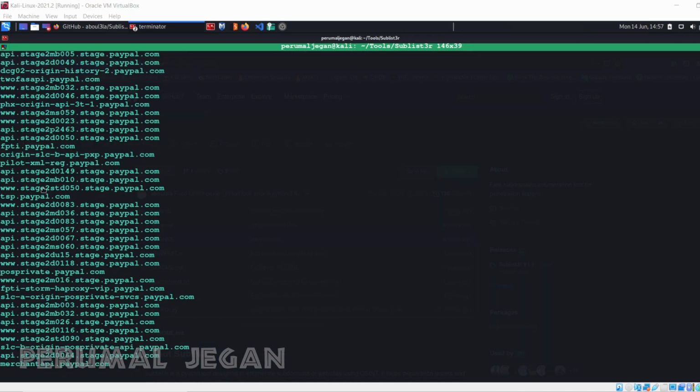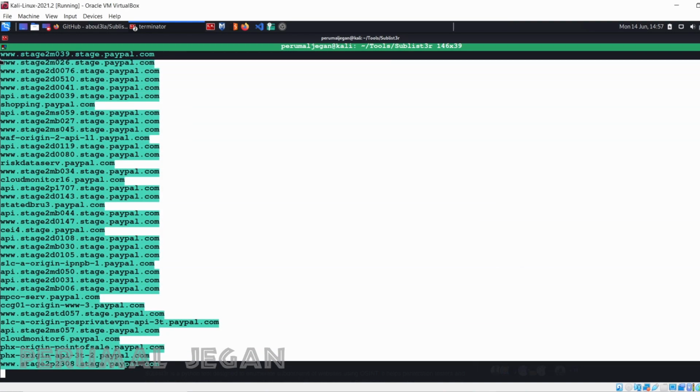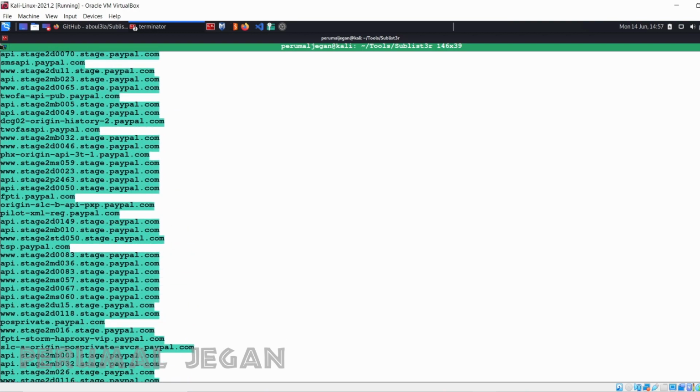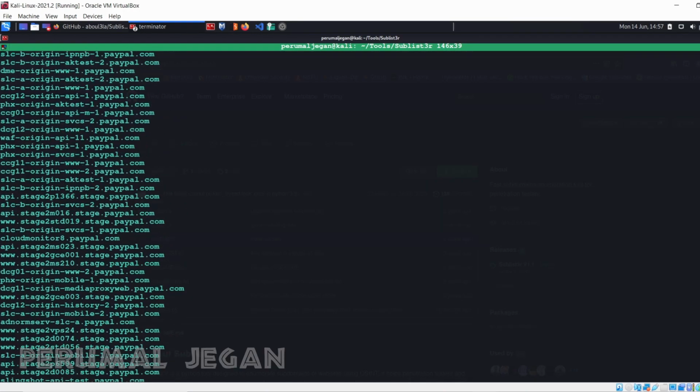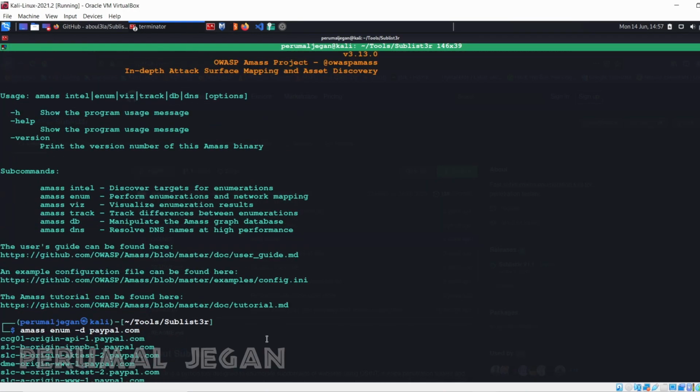Now you can see it is enumerating, the enumeration in progress, and it almost enumerated nearly 50 subdomains, which are very huge. You can explore the subdomains one by one, and you can find the list of services active behind these subdomains.